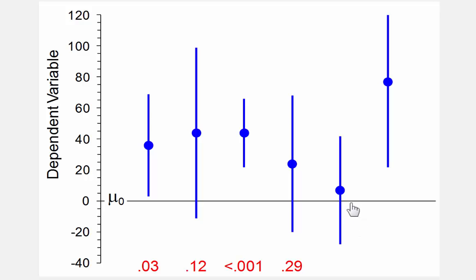Here we've got p distinctly greater than 0.05, maybe it's 0.3, 0.4, 0.29. Okay, here it's even greater, maybe 0.7, 0.8, 0.7. Now here,